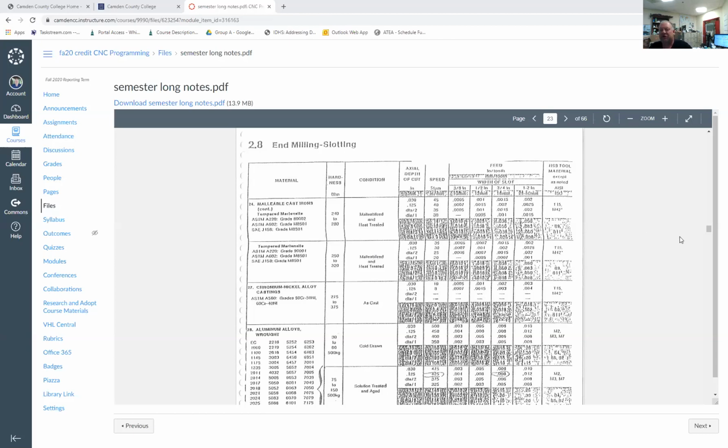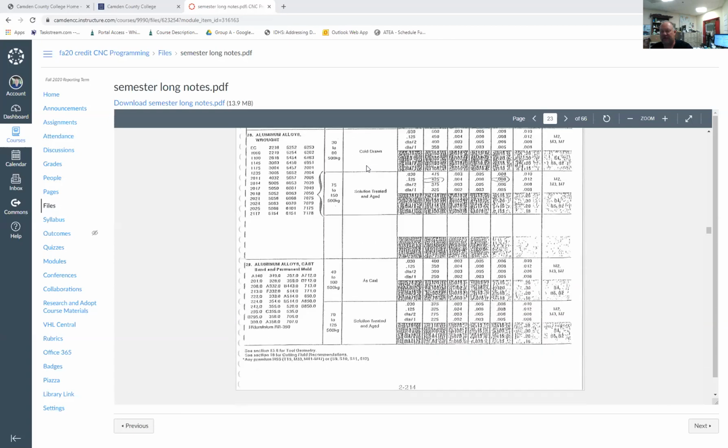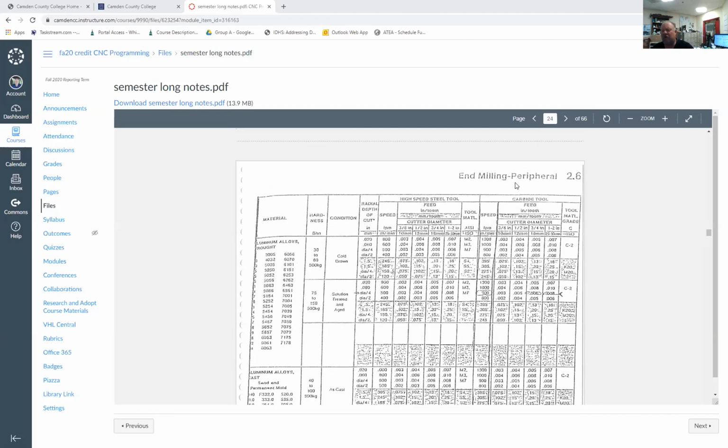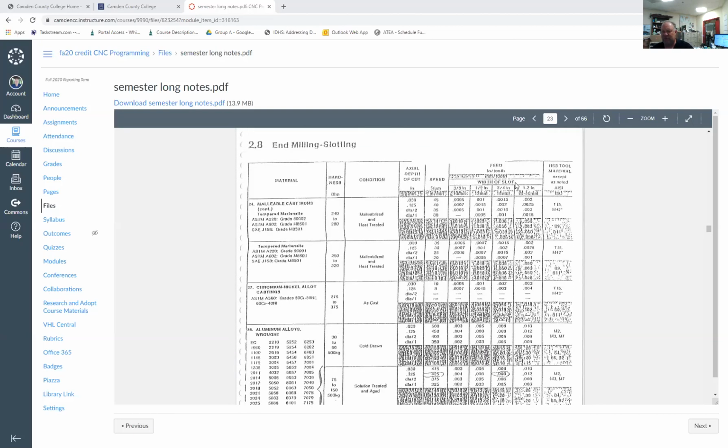Okay. So I have 2 different sheets here that I copied from the supplemental material that I have. It's called end milling slotting. And the next one is end milling peripheral. Okay, so we need to be able to now determine whether we have a peripheral cut or whether we have a slotting cut. All right, that's the biggie. That's what's going to get us started. Knowing if you got a slotting cut or knowing if you have a peripheral cut. So going back to the whiteboard,